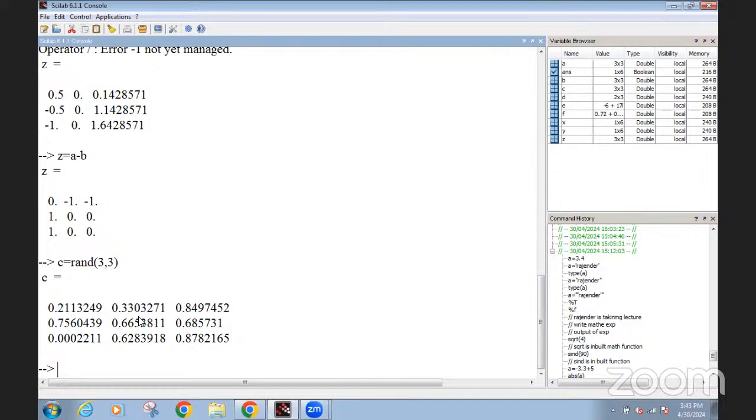If you want to generate a random matrix with element values within 0 and 1, you can perform this operation by using rand. Similarly, if I use randn,